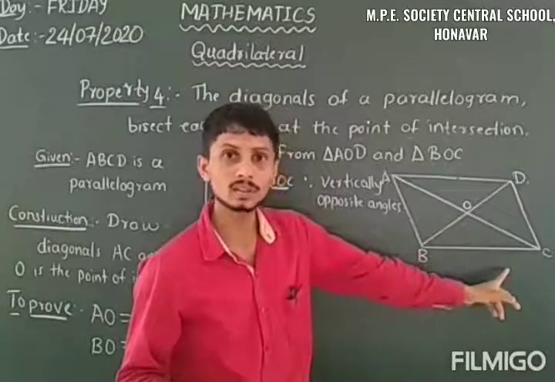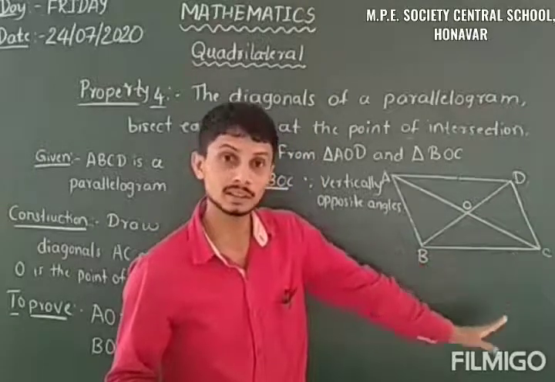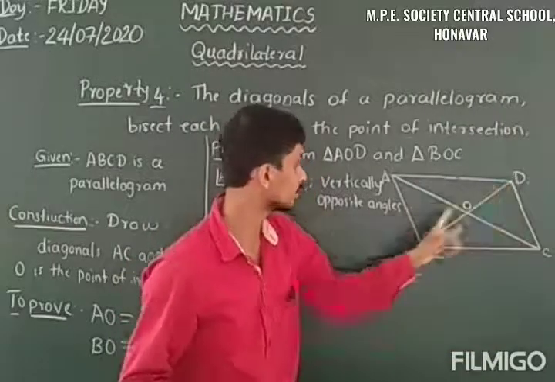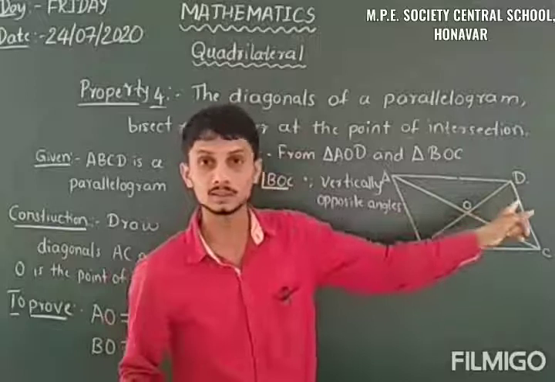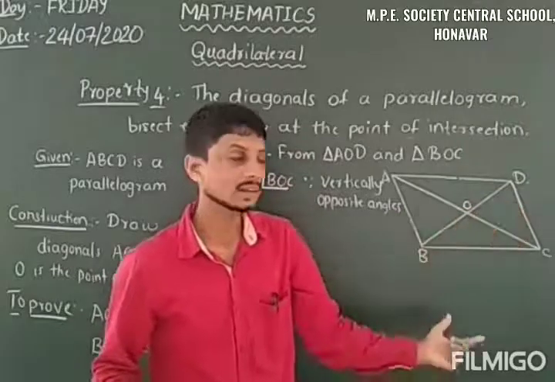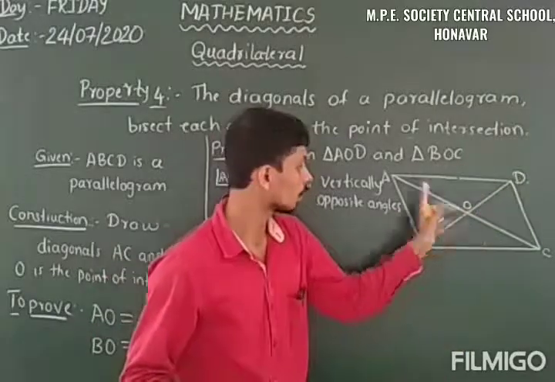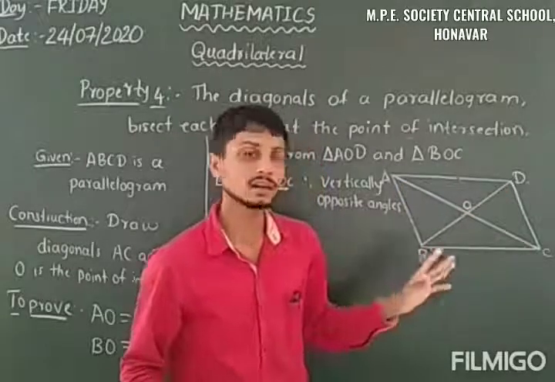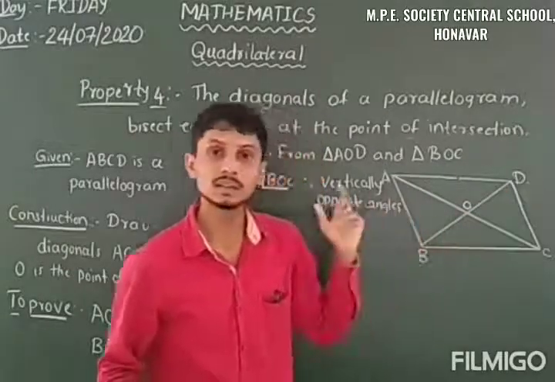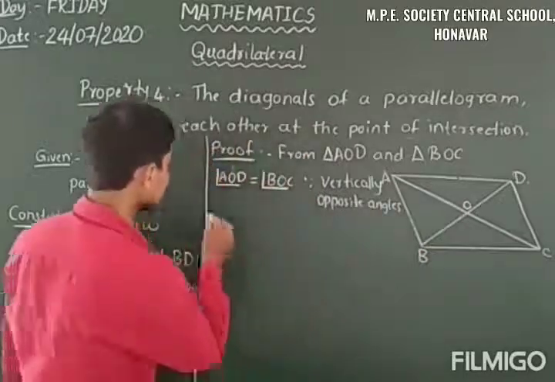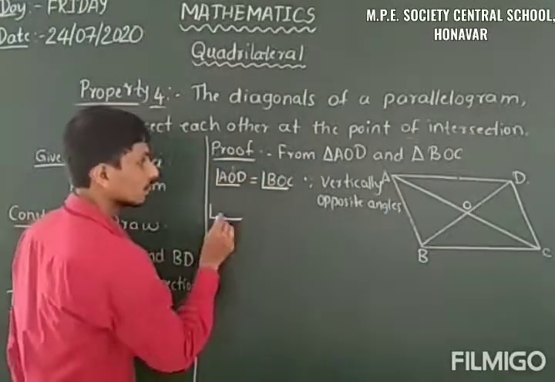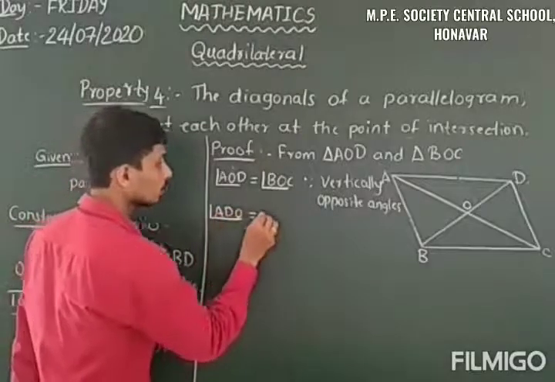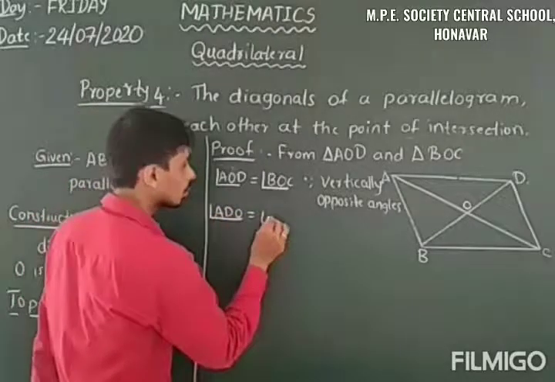Both are equal because they are alternate angles, when we are considering AD and BC as the parallel lines and BD as the transversal. So ADO and DBC, or OBC, are one and the same. That is, angle ADO is equal to angle OBC,